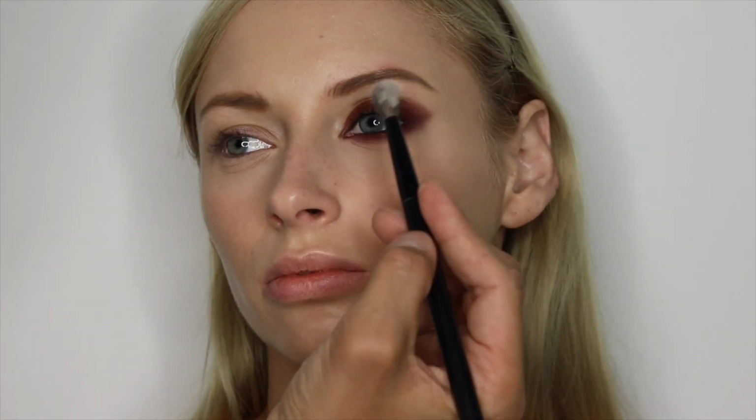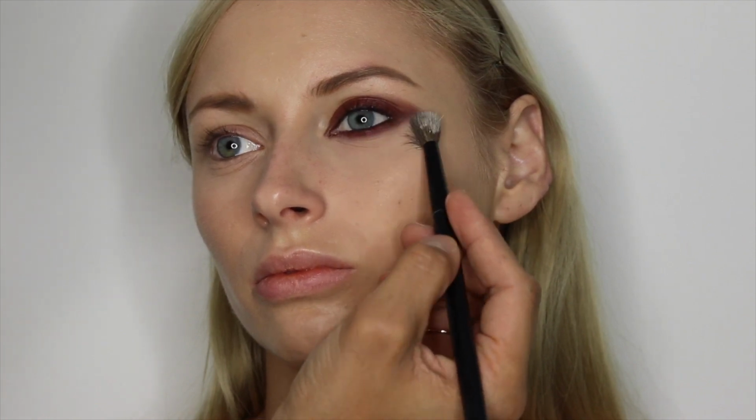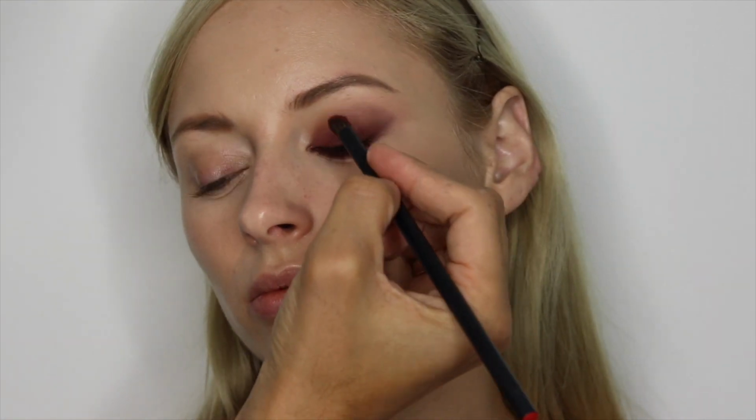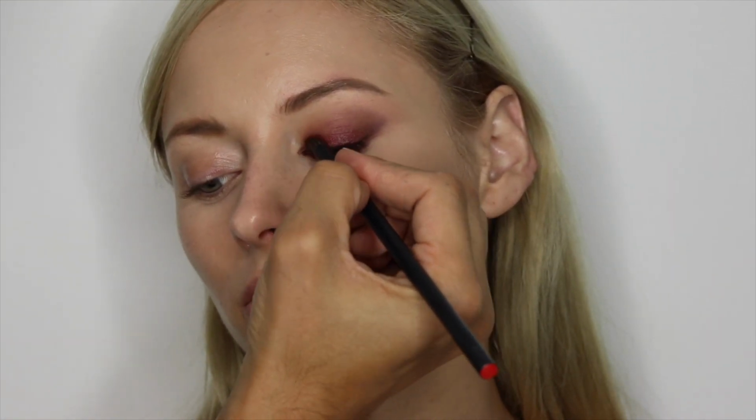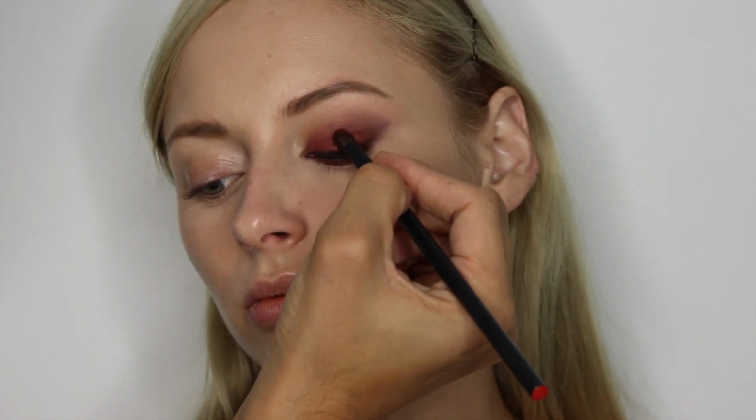I'm going to use a little bit of loose powder to diffuse the edges, make it a little bit softer. Then go back in with the 44, and maybe look down. We just want to press in a little bit more pigment towards the base of the